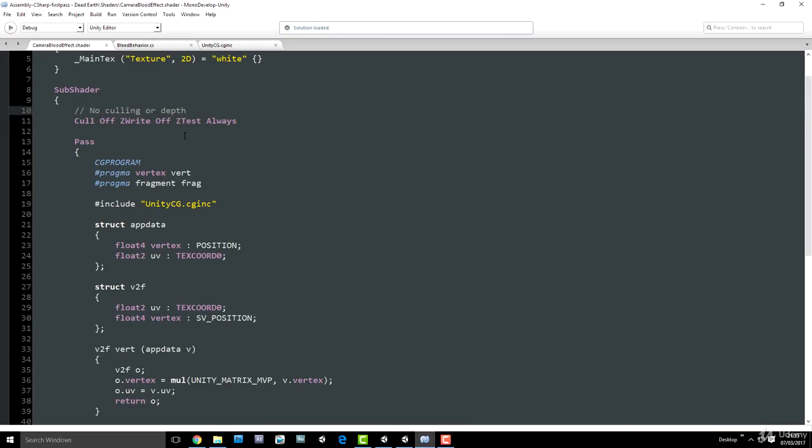So you can see that in the case of an image effect, we normally turn back face culling off. Like I said, we know in the case of an image effect, we're being passed the geometry by the graphics class's blip function, so we know it's going to be facing the right direction and the winding order is going to be correct. So it's pointless doing any culling or the processing that's involved in that culling,